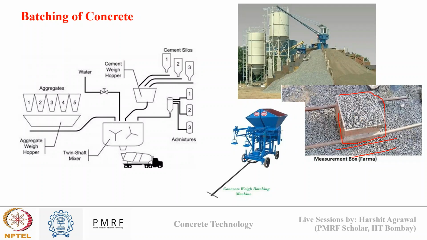However, if you see this second image, this is known as a box tool. It is used for weigh batching of concrete components, and is mainly used for aggregate batching. You can see there are two openings in this, through which aggregates are poured, and a particular weight of aggregate is then measured for the concrete mix. So this is known as weigh batching, and this is known as volumetric batching.